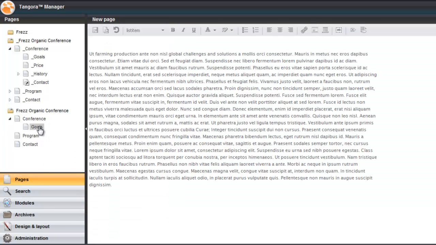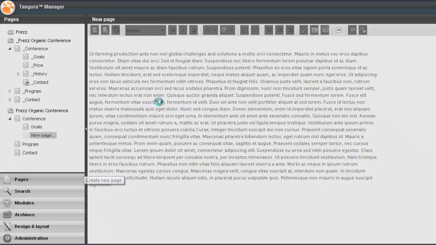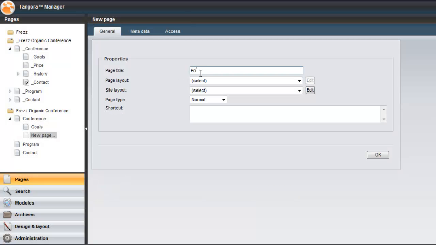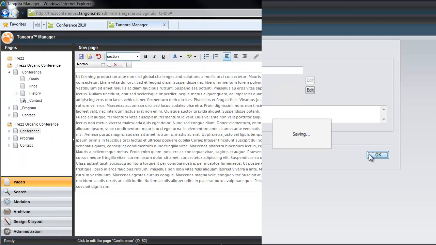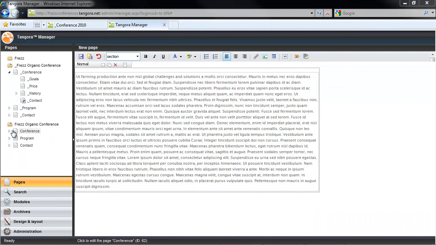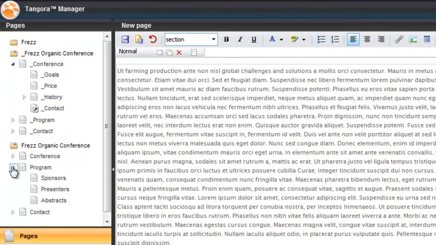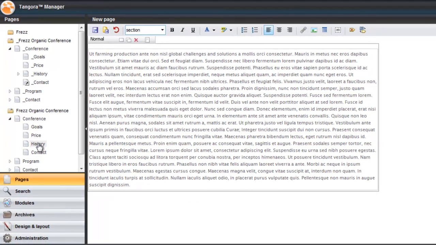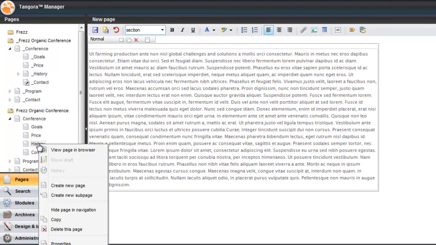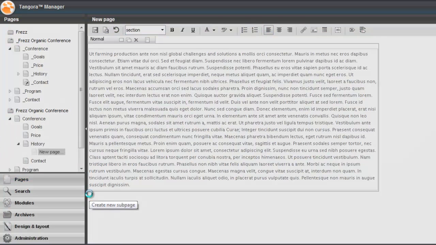So now I'm going to create all of my second level navigation points. Now that I have all of my second level navigation pages created, you can see that I get a little triangle which allows me to expand and collapse my view so I can concentrate on whatever area of my site that I'd like. Now I'm going to create a third level page. The way I do this is exactly the same as for our second level pages, but this time I'll choose a second level page that I'd like to add a subpage to, and then choose Create New Subpage here.